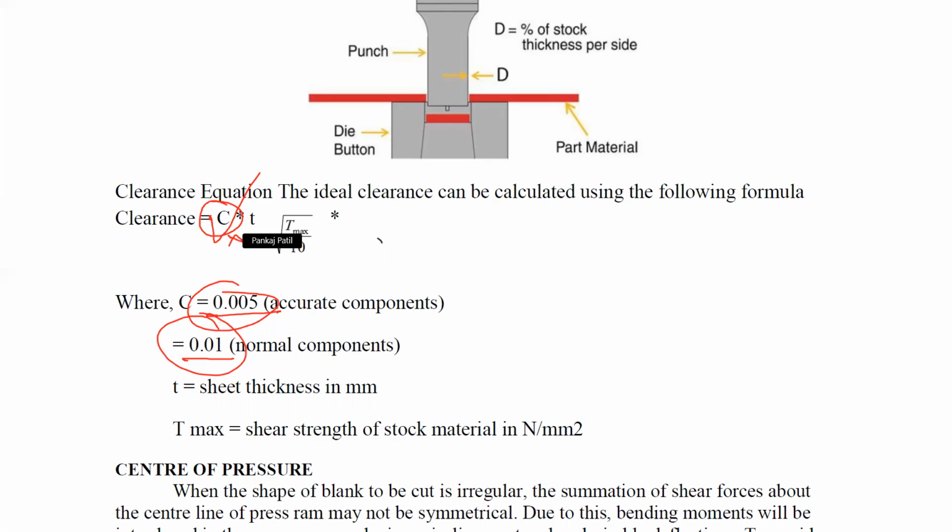Into T, where T is the sheet thickness. And lastly, the square root of tau max divided by 10, where tau max is the shear strength. By using these values you can calculate the clearance, and by that you can design the punch and die. Generally clearance is